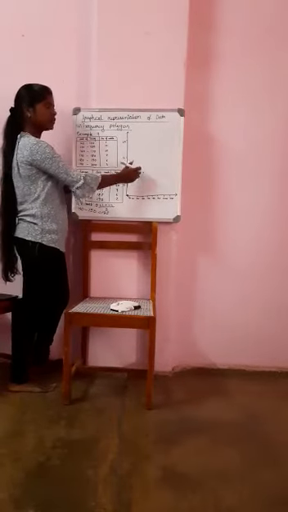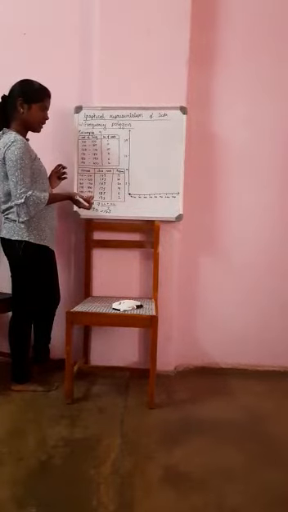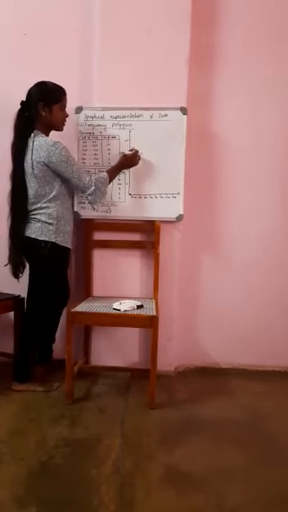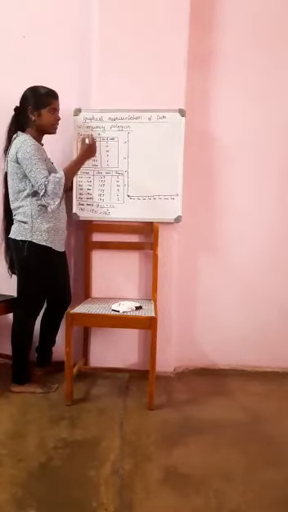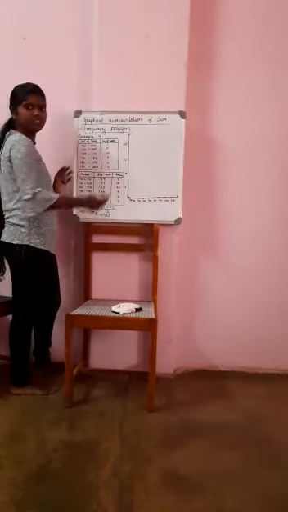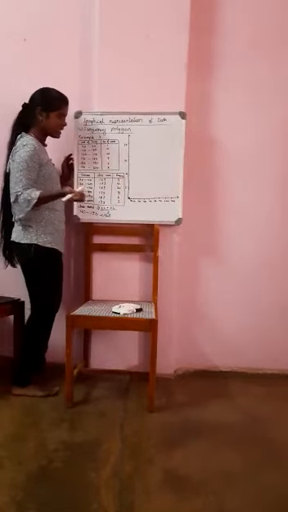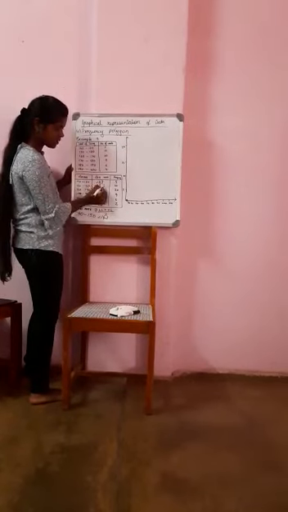In this, I am going to plot the frequency polygon. You can do it like this also. You can first draw the rectangles, then find the midpoint, then join them. Or you can directly find the class mark and draw the frequency polygon. I am going to do the second method. Now I am going to consider only these two class marks.